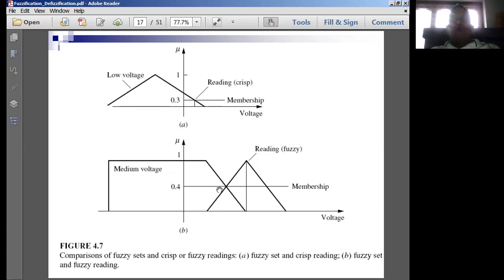So how do we get the membership function from this crisp set? By applying the relations and all, we normally get the membership function from the crisp set. Okay. That means, say this is the medium voltage value. So this is the exact relationship. That means here from here to here, the value is going to be exact in the case of the crisp set.